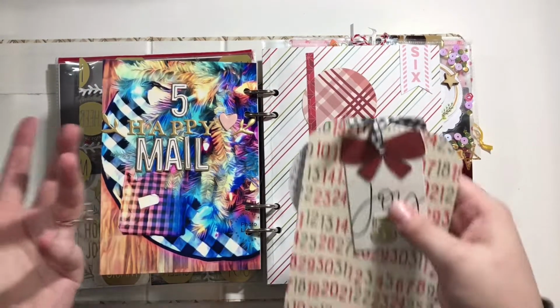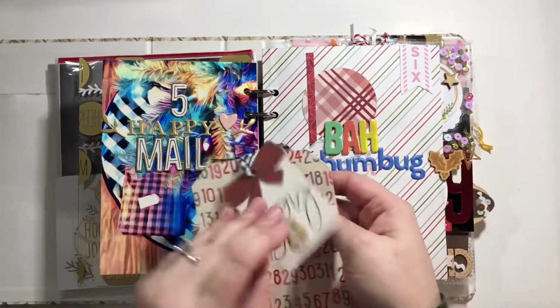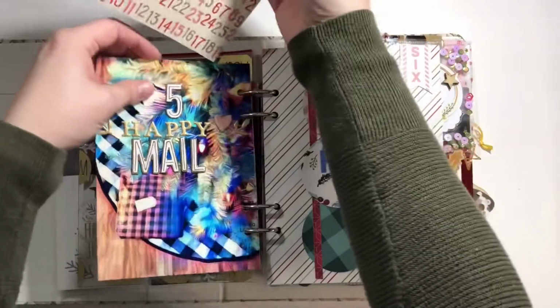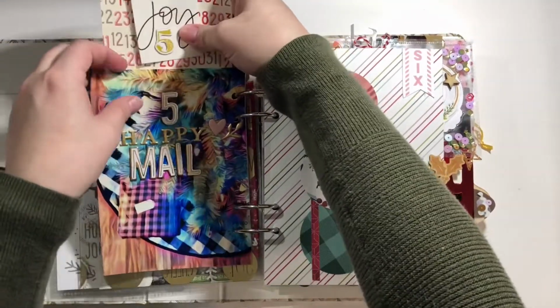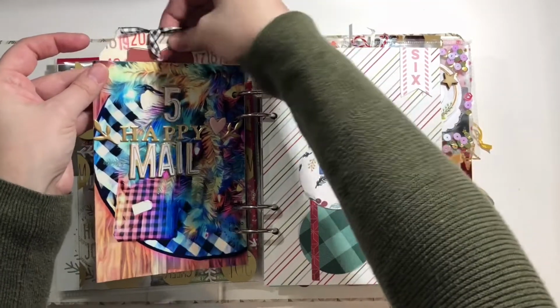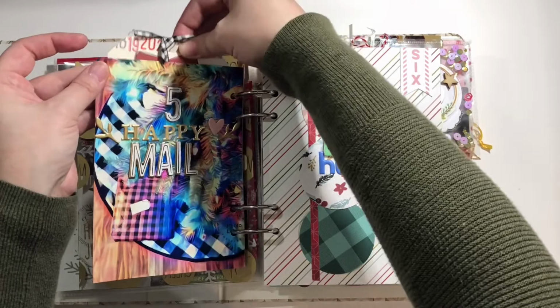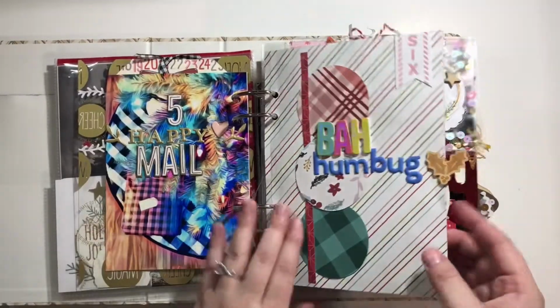So it's like a scrappy advent calendar. It's amazing. And it talks about that. So I like to journal that every year because being a scrapbooker, and as much as I scrapbook, it's a very big thing for me to get my happy mail advent calendar every year. Okay, so there's day 5. Happy with that. Day 6,